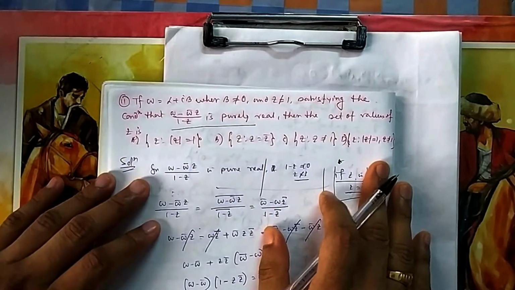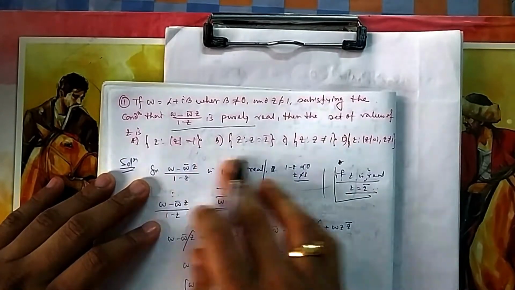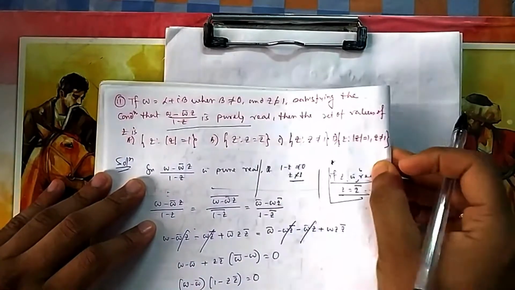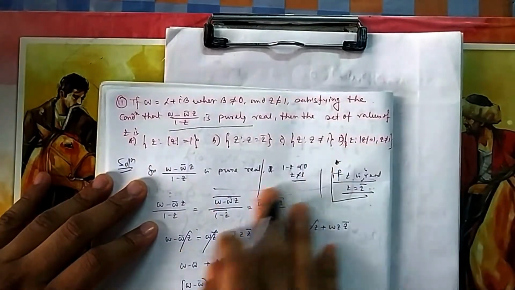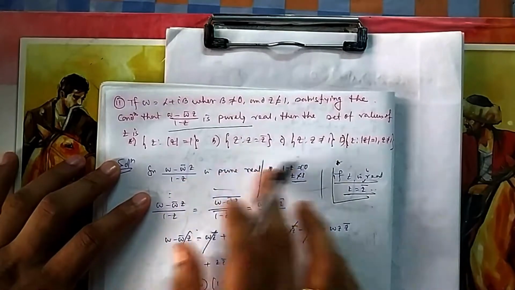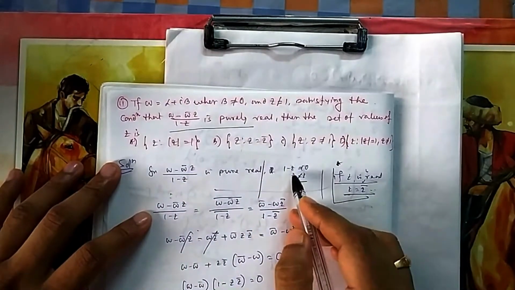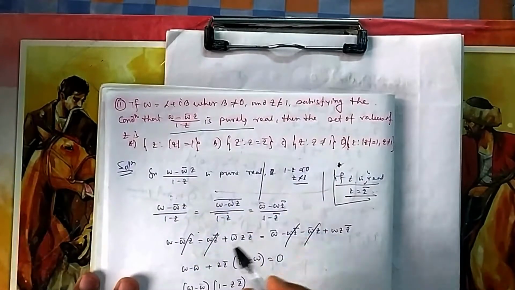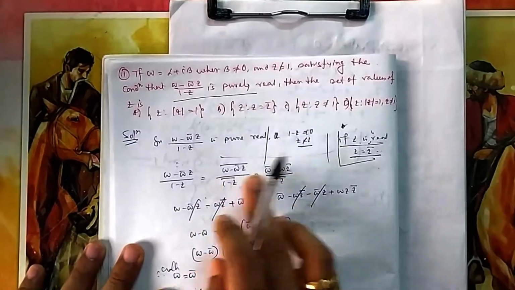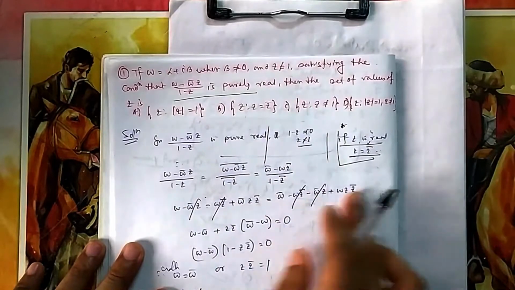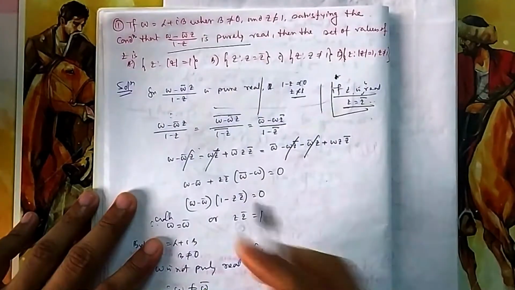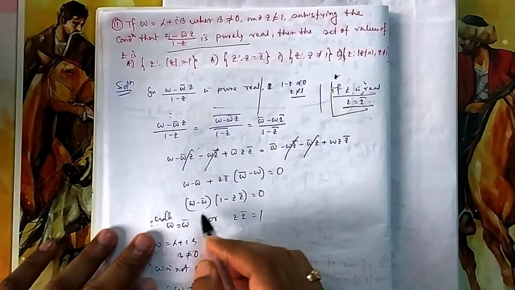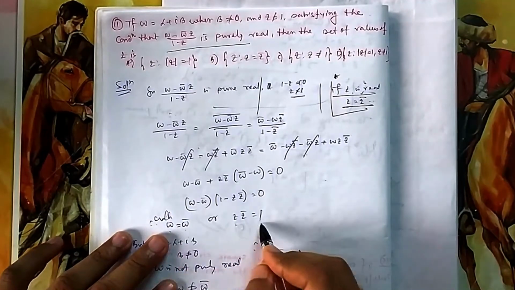What will the value of z be, whether mod z will be 1, z equal to z bar, or z will be any number which is not equal to 1, that we have to see. So the given one is purely real, and z is not equal to 1, so 1 minus z cannot be 0, that's why they have given. So this one equal to this bar, if you do this bar, then you open it, then you cross multiply, you will get something of this fashion, you take common, so you will get either omega equal to omega bar or this is equal to 1.